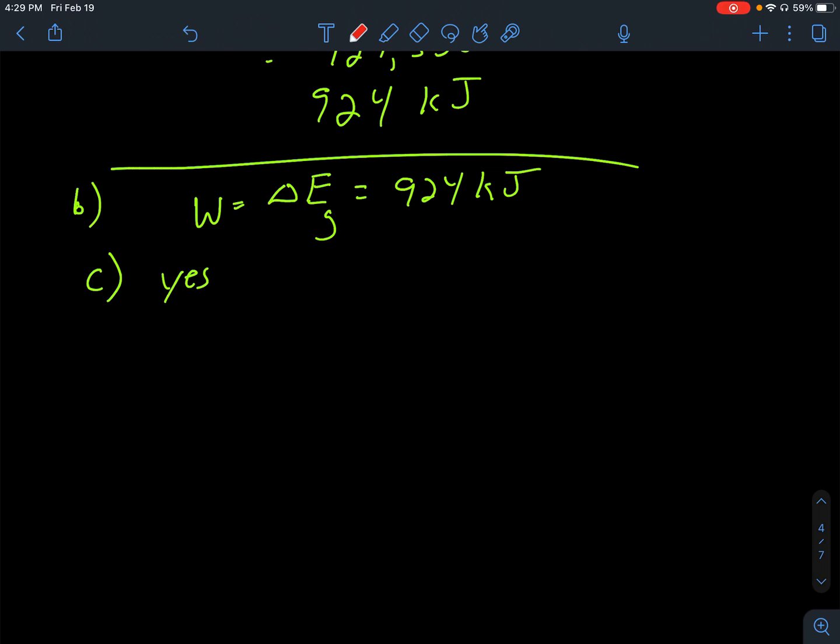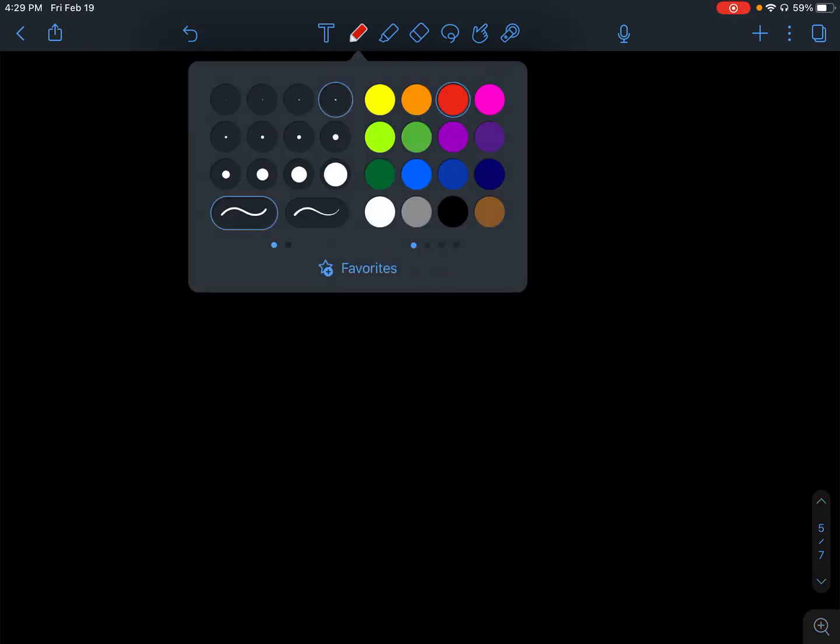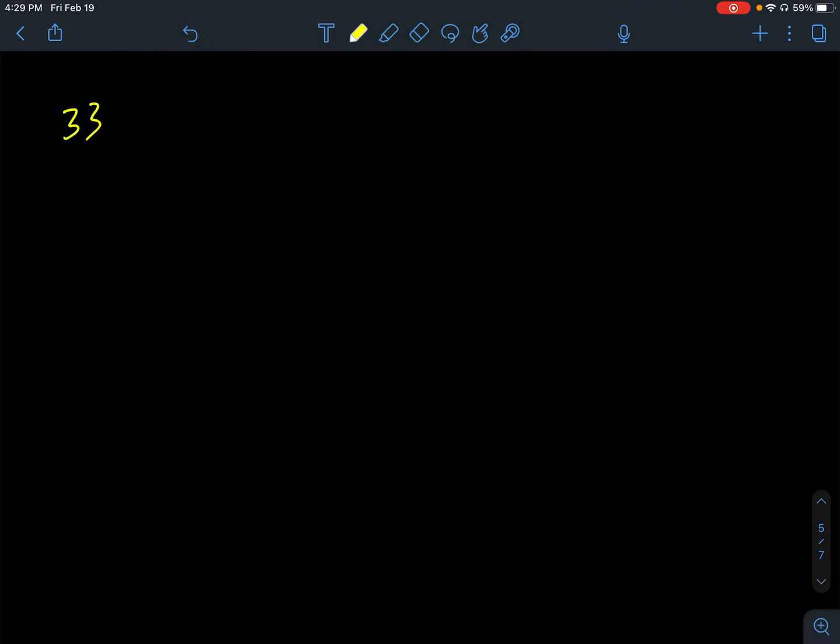Next problem we got, let's see, is 33. Almost done. 33, now level 2. So we had a sled is initially